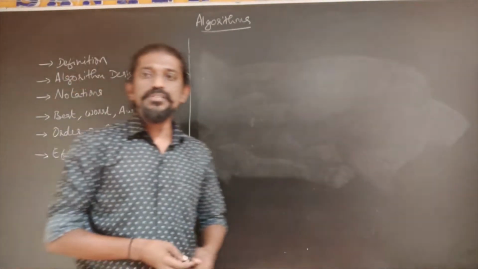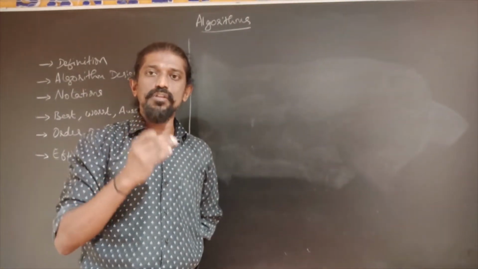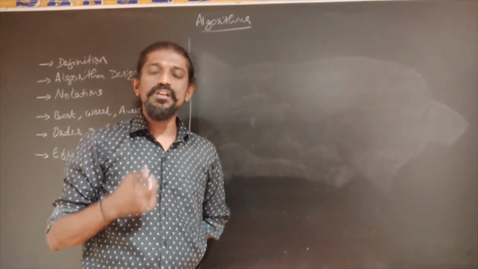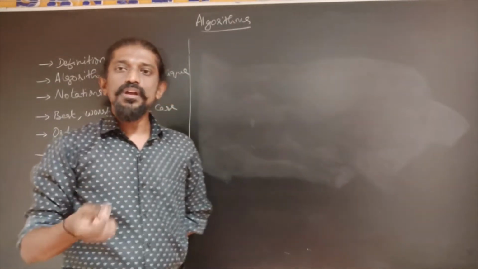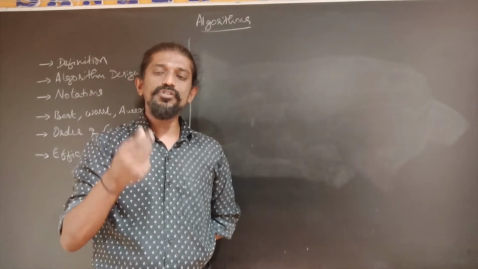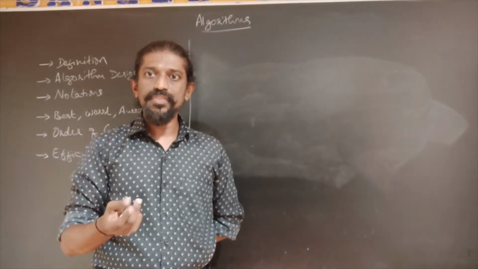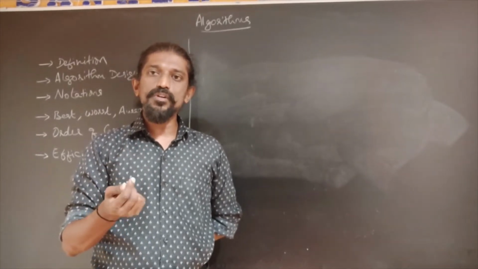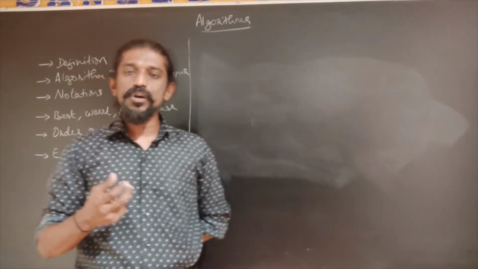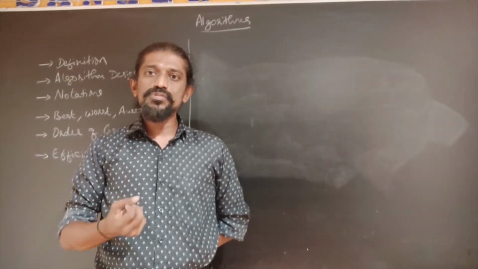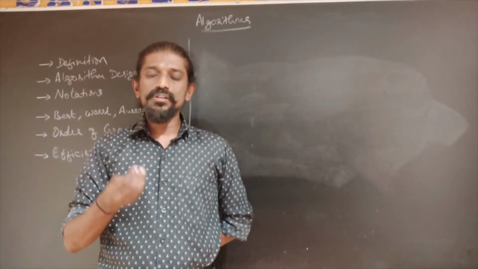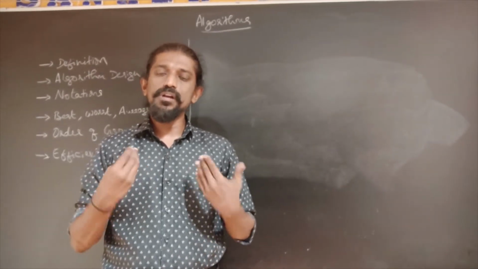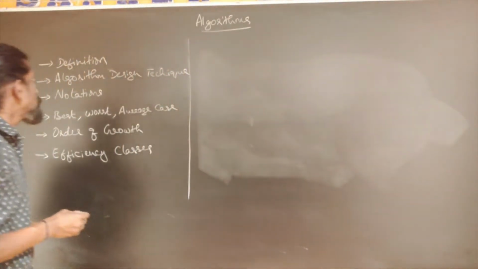Another definition for an algorithm is a step-by-step procedure for solving a problem, and then the other requirements of the algorithm are given as properties of the algorithm, like the instructions given to the algorithm must be clear, so meaning it should not be ambiguous, it should be unambiguous. And input, the algorithm should take 0 or more inputs. And output, the algorithm has to produce at least one output, because the whole purpose of writing an algorithm is to produce some output. And the output must be produced in some finite amount of time, so that it will be acceptable for our purpose. Otherwise the output of the algorithm will not be useful.